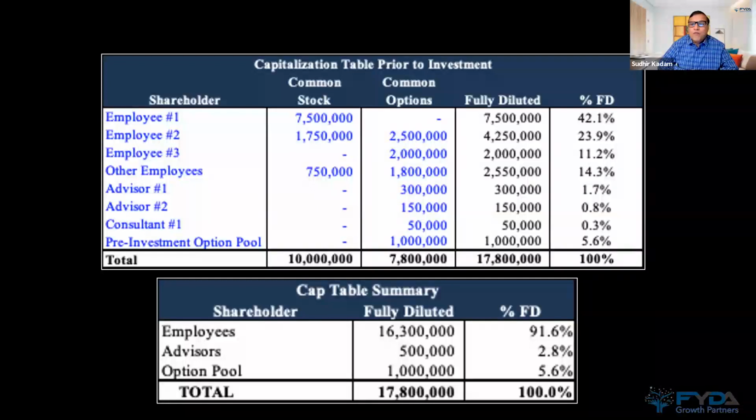Now he brought in a co-founder. When he brought in the co-founder, the co-founder said, okay, what stock are you going to give me? He says, look, I want you to stay with the company for at least 4 years. I have met you, I like you, we have been at school together, but I just want to make sure that this is your piece of cake, and that you have your interest to stay longer. So the first founder may negotiate with the second founder that I'll give you part stock and part option.